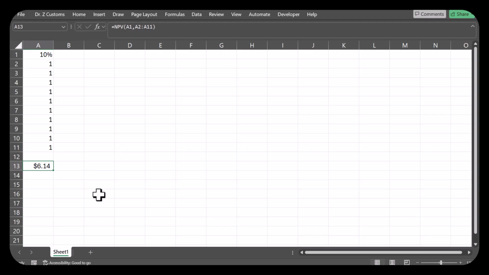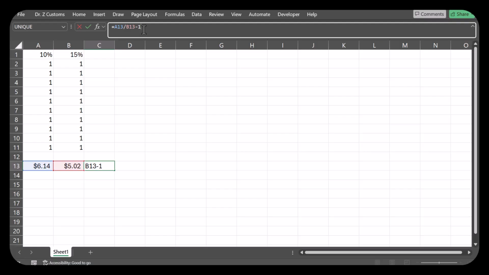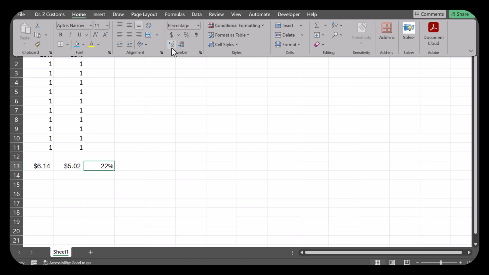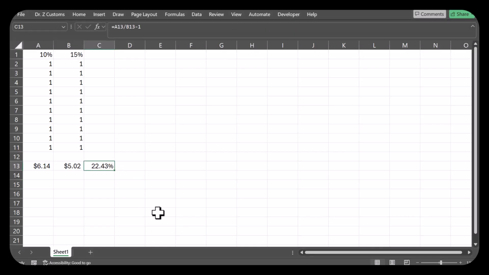On the other hand, at 15%, that's only $5, which means whatever the NPV is, you're effectively overestimating it by about 22%. So if